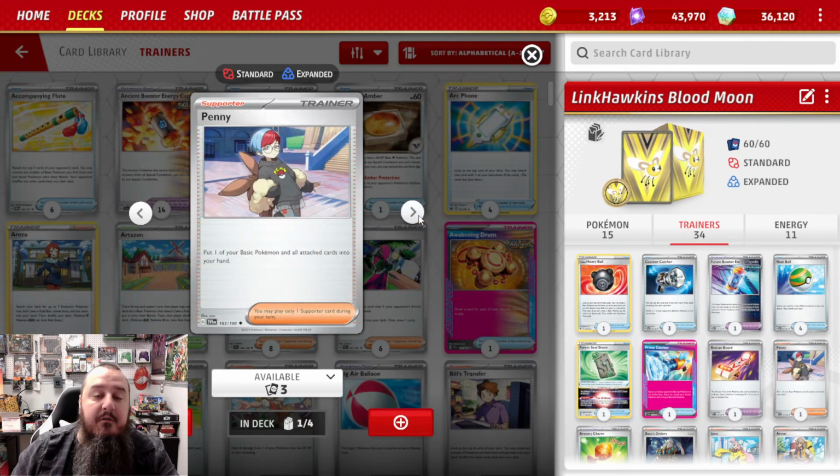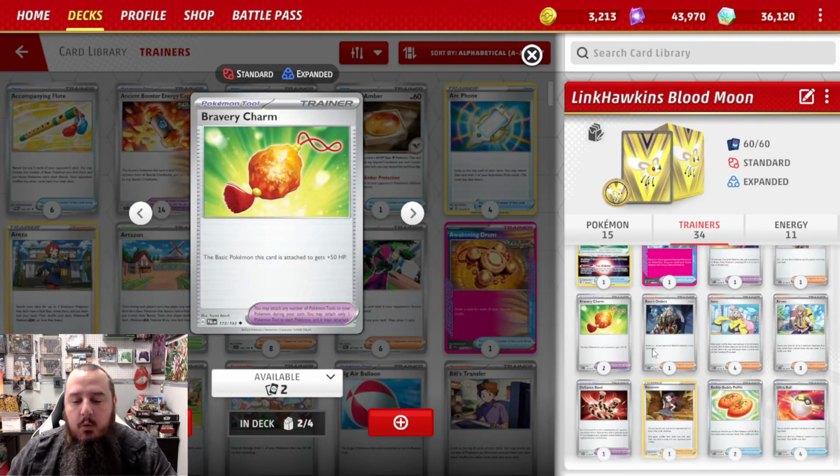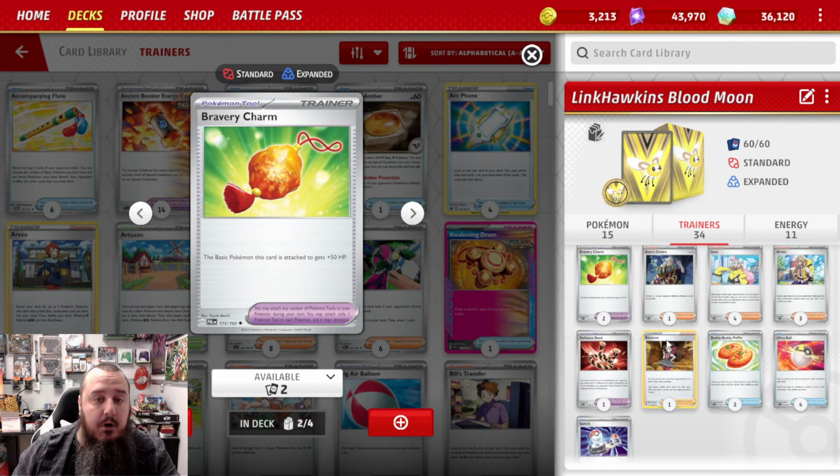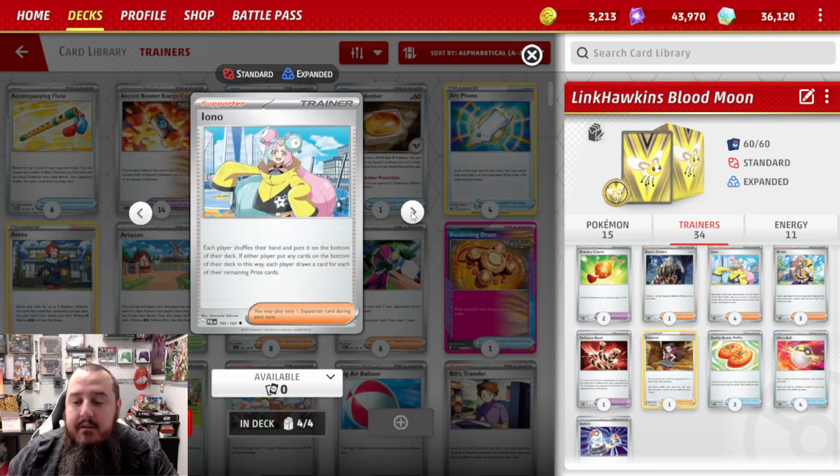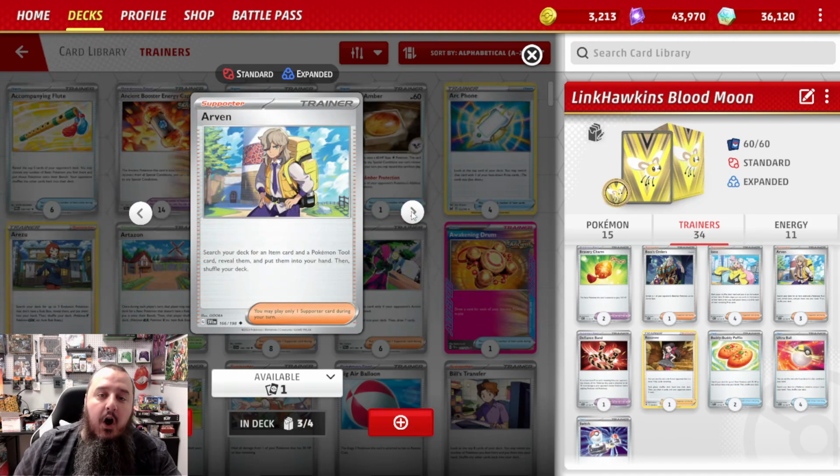We got 1 copy of Penny to pick up a basic from the field, so we can bring in someone else. We've got 2 copies of Bravery Charm to increase a Pokemon's HP so they can more likely survive. We got 1 copy of Boss's Orders for when Counter Catcher isn't working or something along those lines. We got 4 copies of Iono for massive disruption, 3 copies of Arven to find exactly